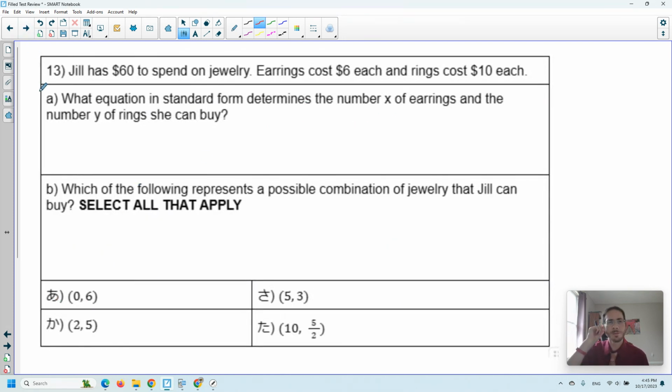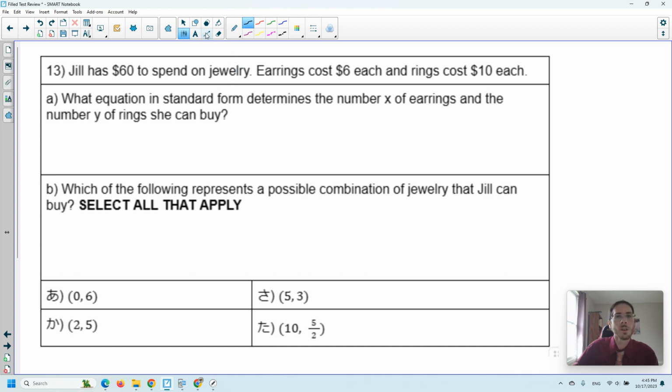13. Jill has $60 to spend on jewelry. Earrings cost $6 each and rings cost $10 each. So right away, I see we've got two separate items. Probably a good candidate for standard form. And that's exactly what A says. What equation in standard form determines the number of earrings x